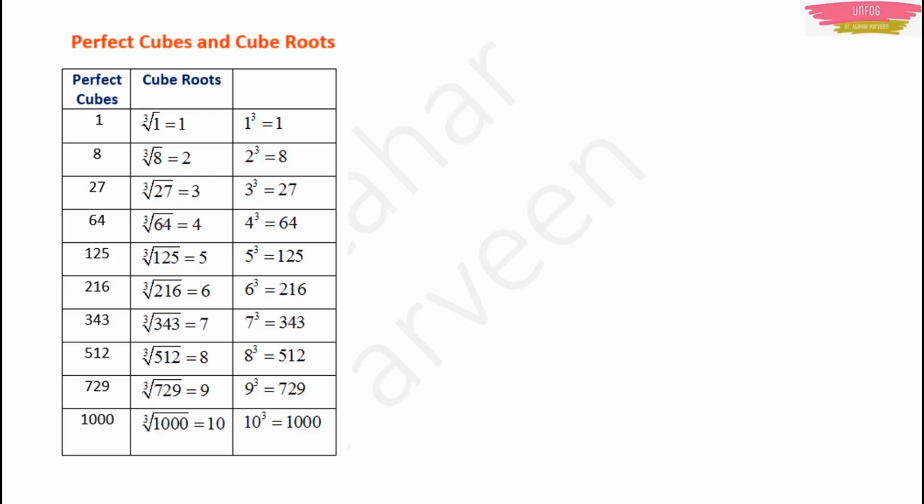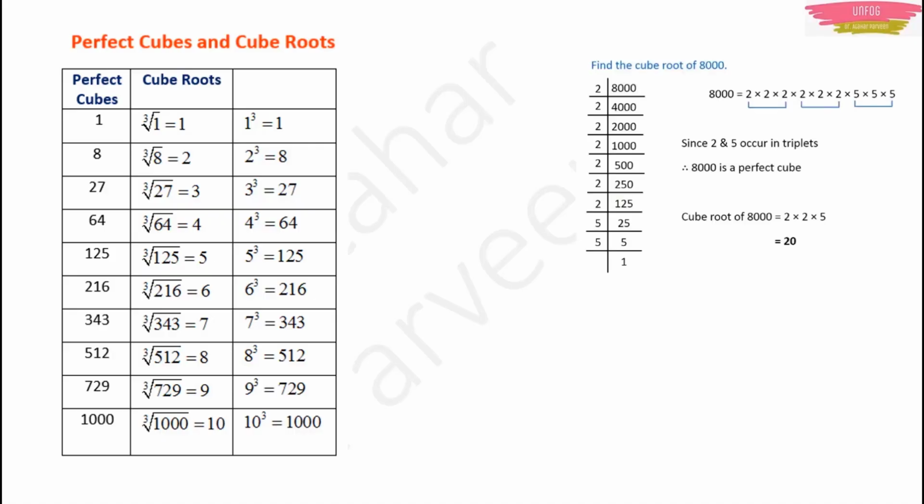Now how to find the cube root if that number is not a perfect cube? This is how you can do it. I am taking again a perfect cube only, because it will be easy for you all to relate, right? So I am taking 8000. Now start dividing with 2, the smallest even number. Then go on till you get an odd number. Once you get an odd number, try with 3. It is not divisible by 3, right? 125 is not divisible by 3. So start with 5, okay.